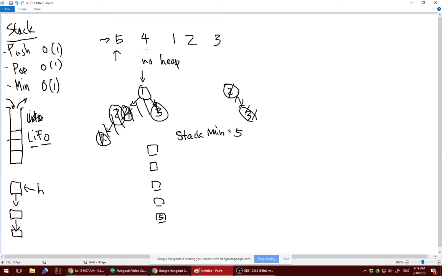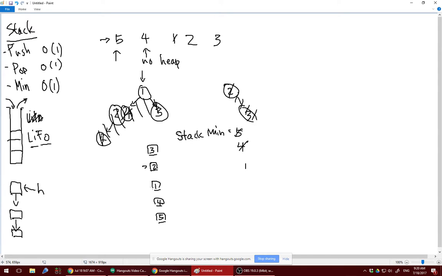If we push 4, 4 is less than 5, so you can see that. If you push 1, and when you push 2 and 3, it'll see that 1 is less than 2 or 3, so it doesn't do anything once we do that. Okay. There's a case where you